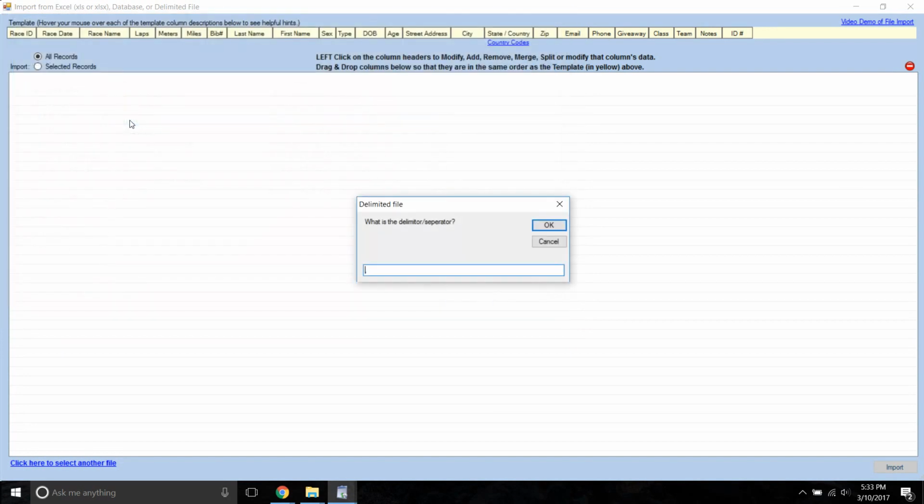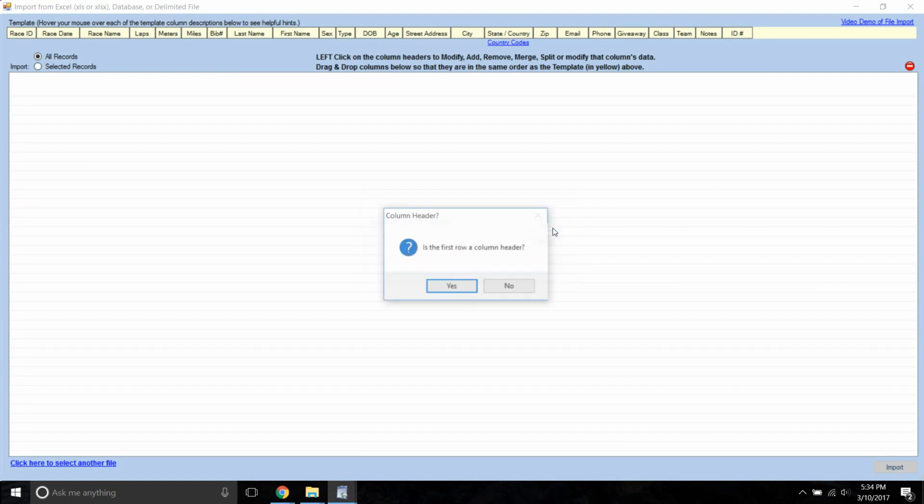When you click on the file, it'll ask you what your delimiter is. If you're not sure, you can open the file up in Notepad real quick and see what it is separated by. If it's a semicolon, then put a semicolon. If it's a comma, then put a comma, or pipe or whatever. Enter that delimiter, and then it'll ask you about the first row column